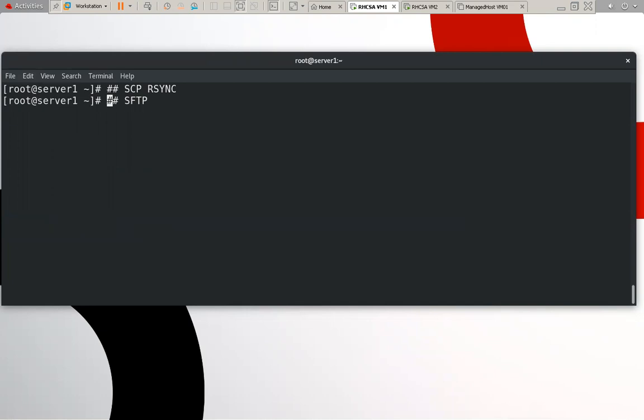Do you have any knowledge about FTP? In CCNA, you have learned about this. So what is the function of FTP? File Transfer Protocol, this is the full form. What is the work of FTP?